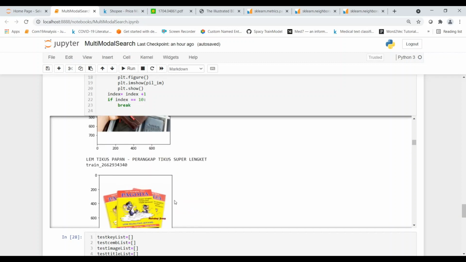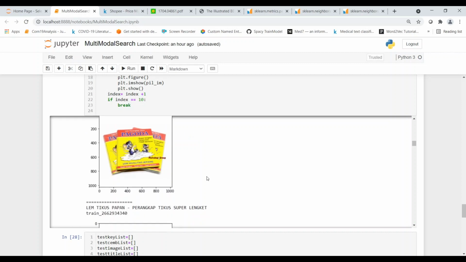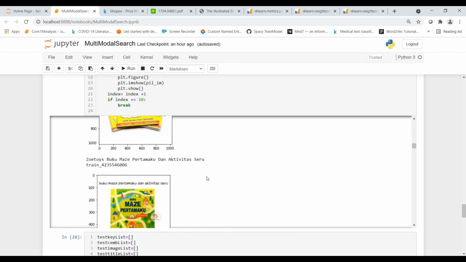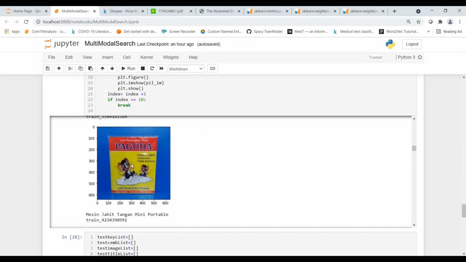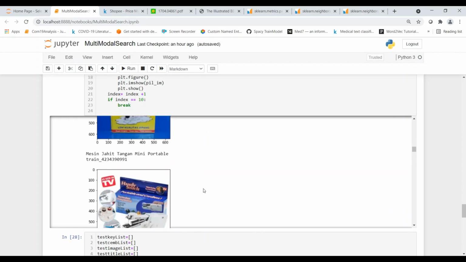Another example is this particular image. Here, if you see, it is pulling something similar but a different book, and some other different game or something over here, but something similar is also being pulled.